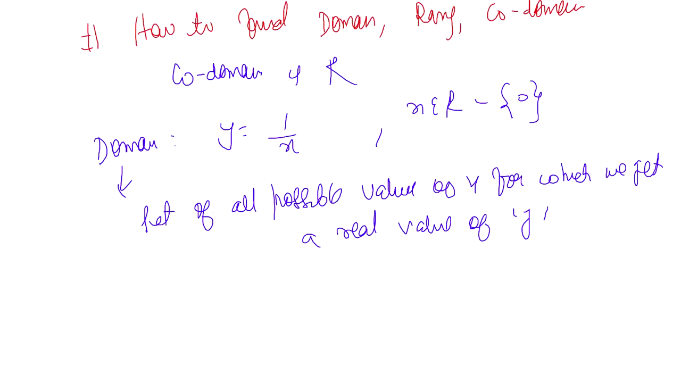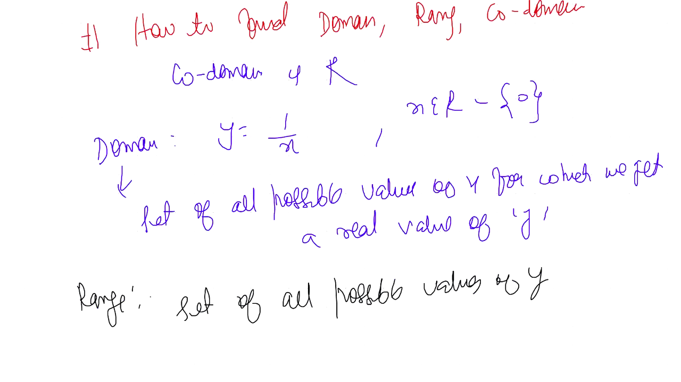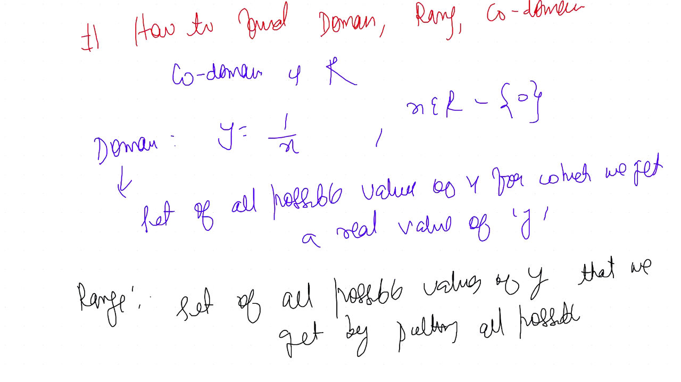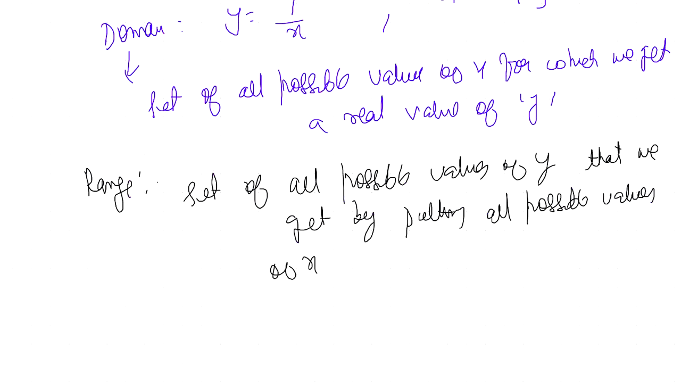अच्छा, रेंज क्या है, रेंज वो सारी वैल्यूज हैं जो हमने x डाला तो हमारा y आया। तो range is what, the set of all possible values of y that we get by putting all possible values of x in domain, को बोलते हैं रेंज, ठीक है।